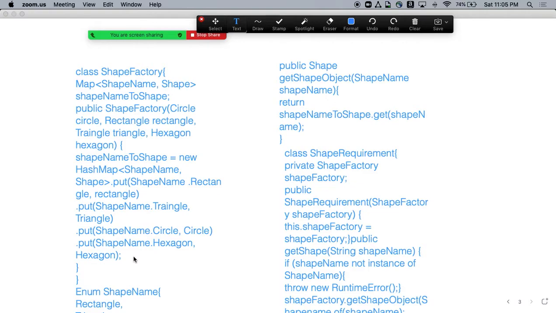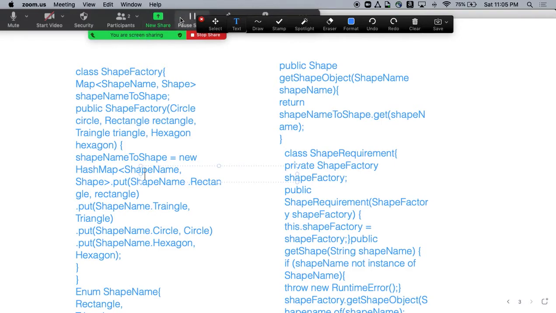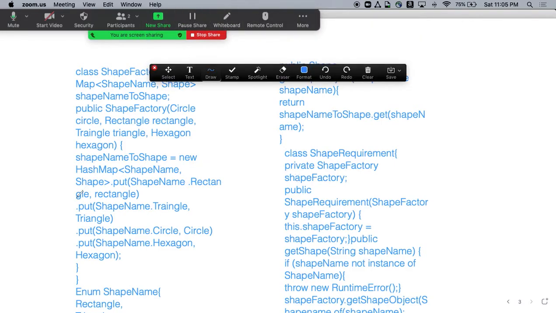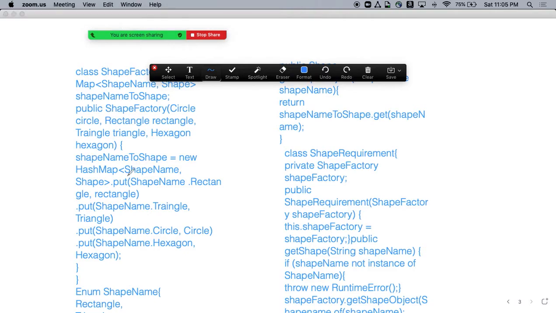So now, what we have done is created a map of identifier to state. For example, this statement here is the identifier, and then we have something called shape.